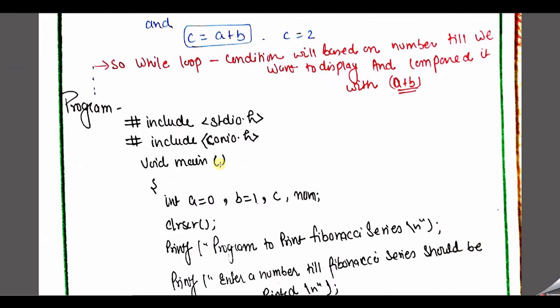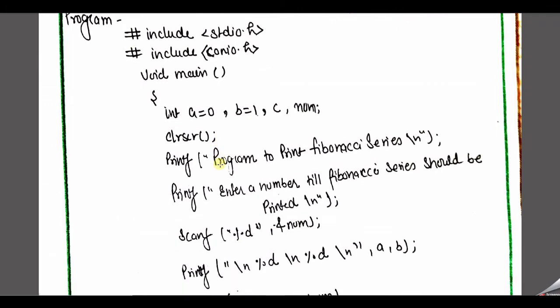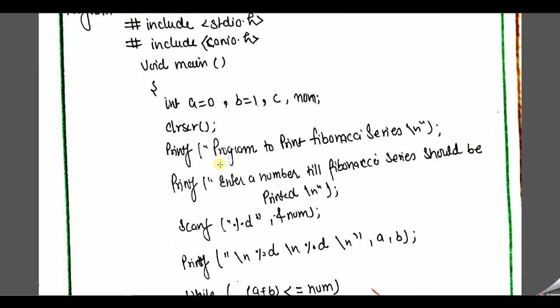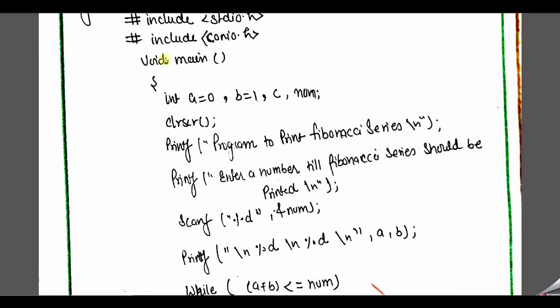So go through our program, and when you type this program in your C editor, you can then run this program and see exactly how it works behind the scenes. Okay. So first of all, we need to add our header files, stdio.h and conio.h, to include the standard input output device and the console input output device for our program. Then we start from our main function, void main, because we don't know about our output.